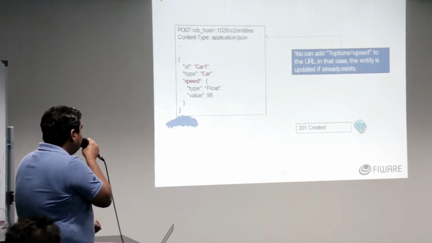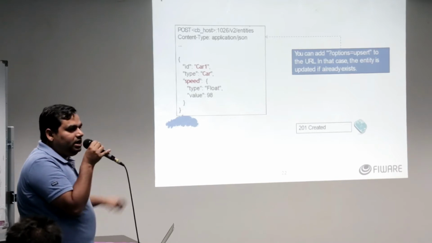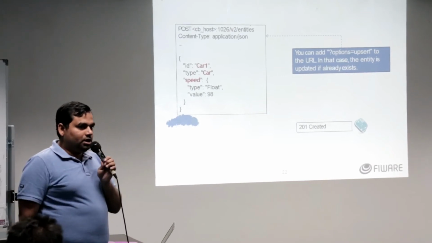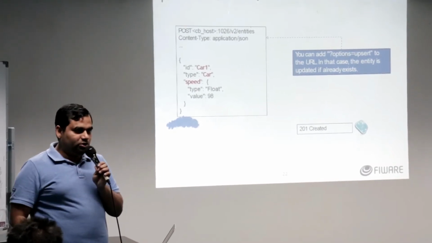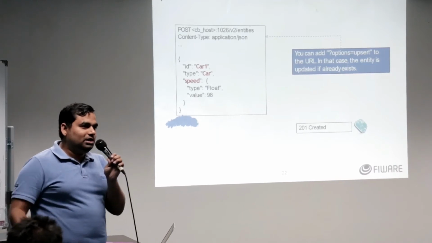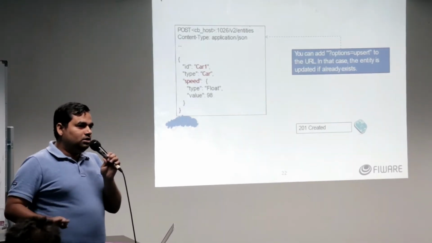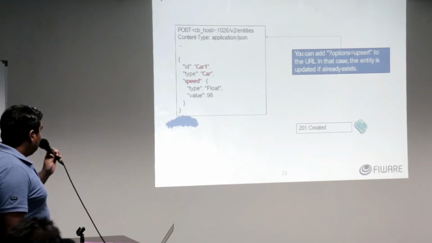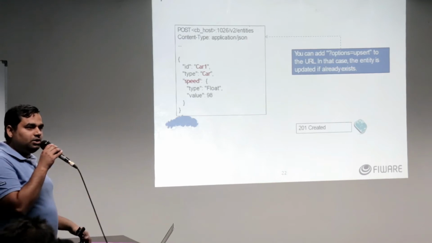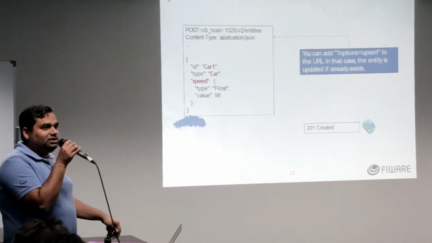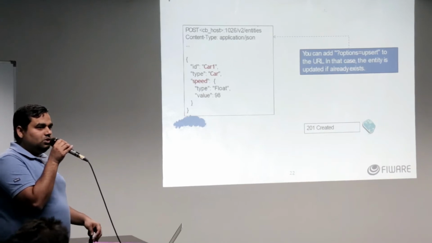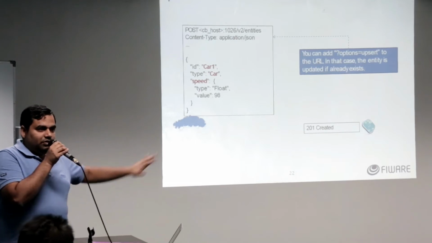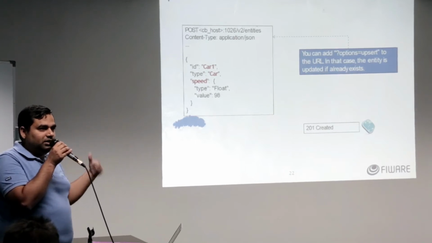And what I've defined, as I told you, the ID and type are mandatory. So the ID is car1. Car1, or whatever you want to call it, should be unique. You can put your name and the car. But what you need to be sure about is it should be unique in the context broker that you installed. Then type is car. What else do we have? Speed. So a car does have speed, right? So you can put the speed as, like, 98. For instance, you just create it with any speed. You can create it with speed 0, no problem.